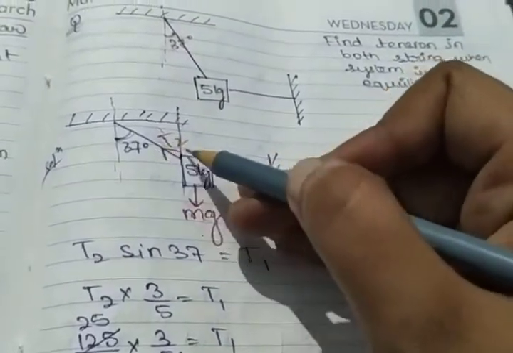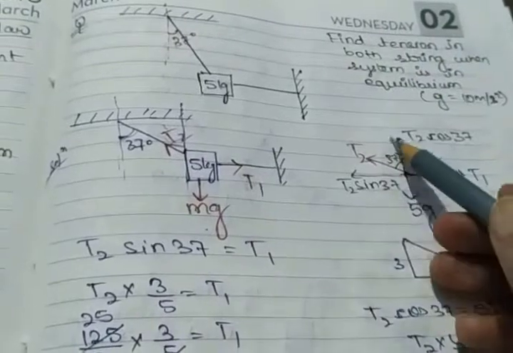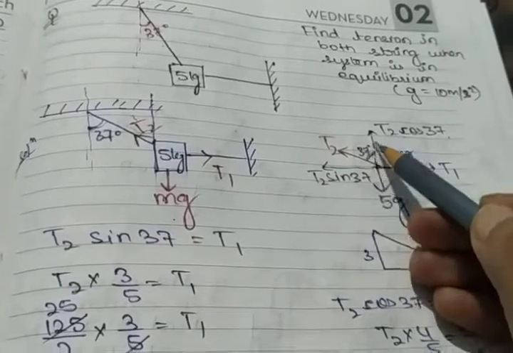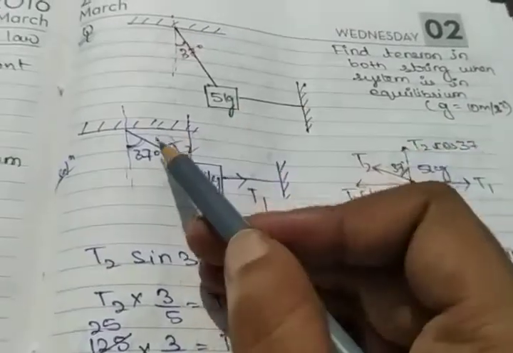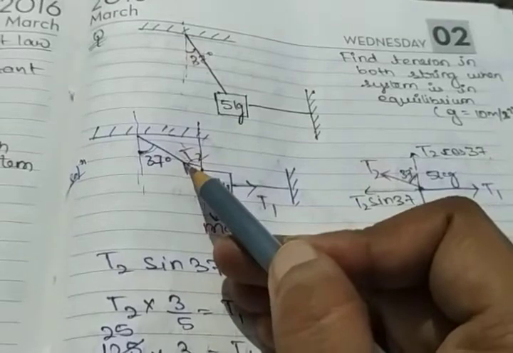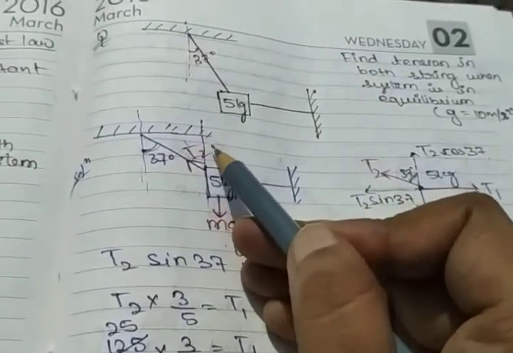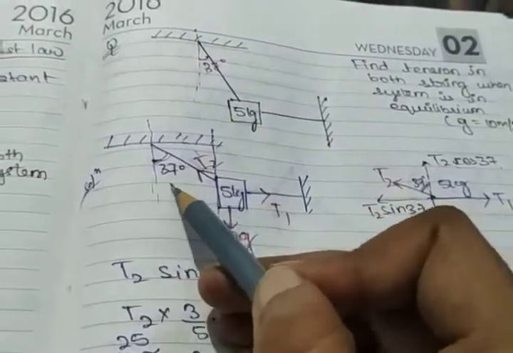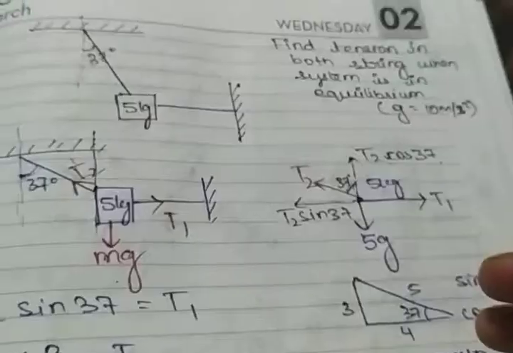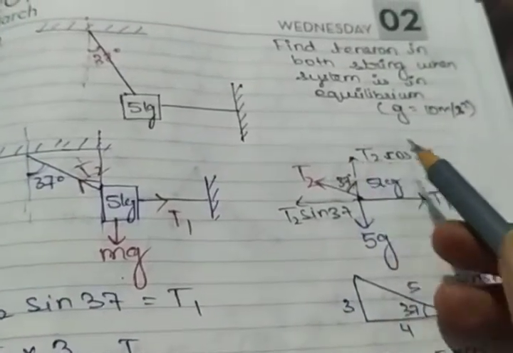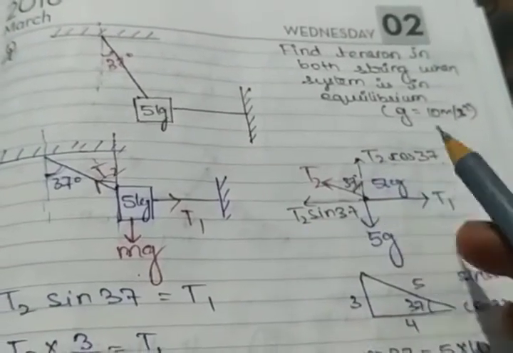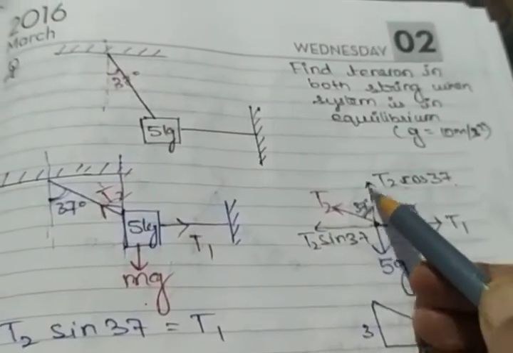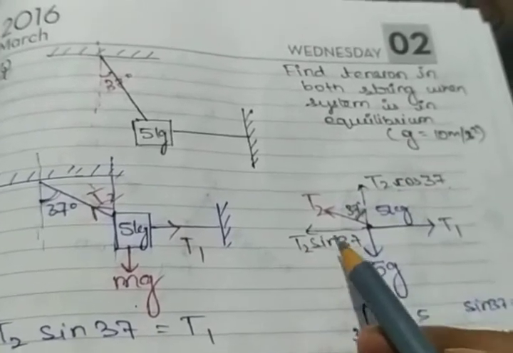Let us do this. Okay, now if this is theta, this will be T2 cos theta, yes or no? If this is 37 degrees, we already know that where there is theta, that side will be T2 cos theta. Take this triangle, then you consider this as theta. If you find this side, it will be T cos theta. And similarly, if you complete this triangle here, it will be T2 sin theta. If you cannot understand how this became T2 cos theta and T2 sin theta, please go through the resolution part once. I have explained it clearly there. Okay, if this is 37 degrees, this becomes T2 cos theta and this becomes T2 sin theta.